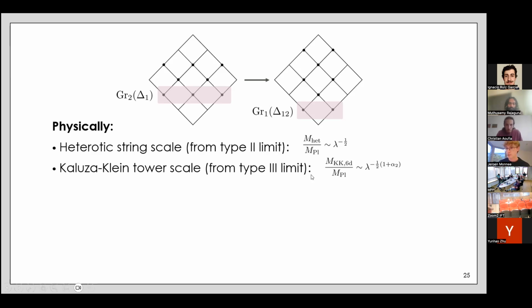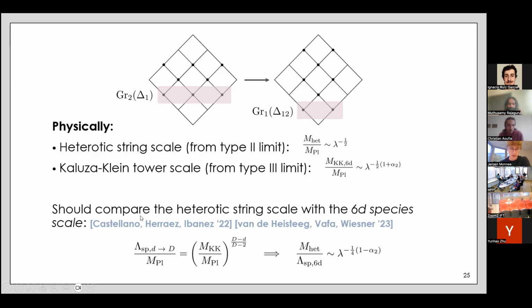And for these, you can also compute using this growth theorem that the Kaluza-Klein scale is given by this formula. And so naively, you might say, it looks like this is always below the heterotic string scale, and so it should be a 6D decompactification. But that's not quite how it works. And this was emphasized also, especially in this first paper. Namely, what you should do is you should say, okay, suppose I do indeed decompactify to 6D, then I should compute the species scale, which will be the 6D Planck scale, and ask, is there anything else that is now becoming light with respect to my new species scale, my 6D Planck scale?